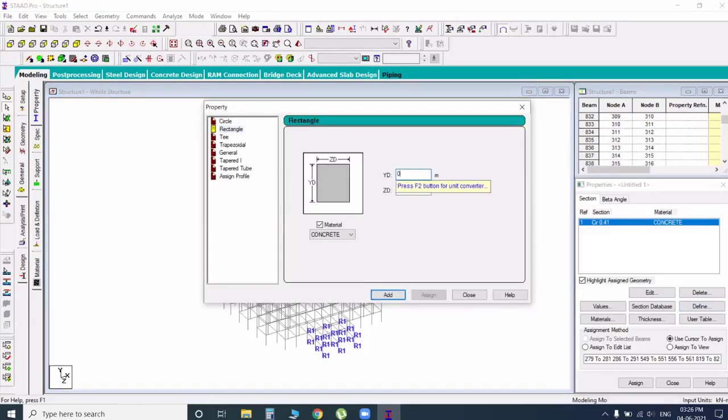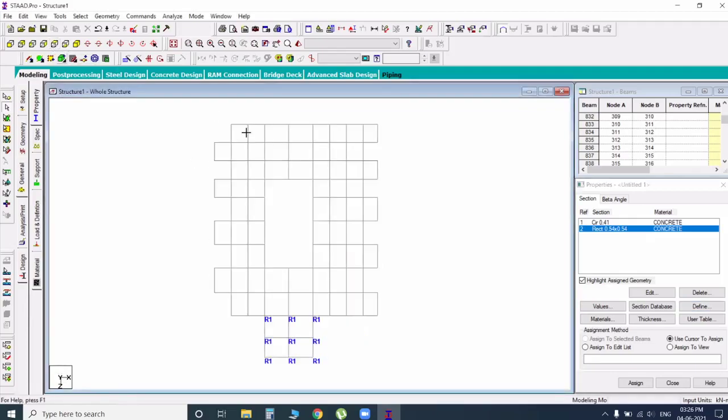The dimension is 550 by 550 for corners. So set as top view, select